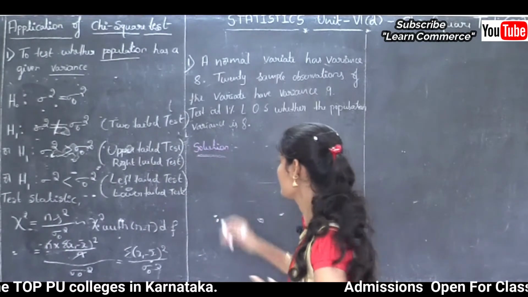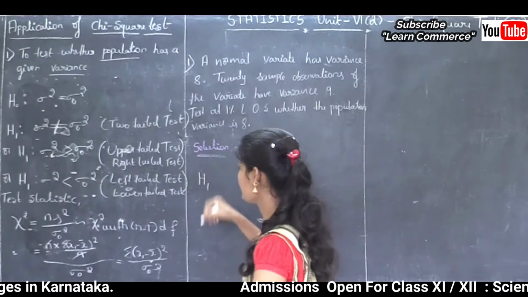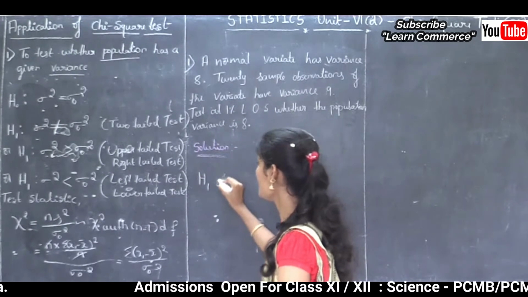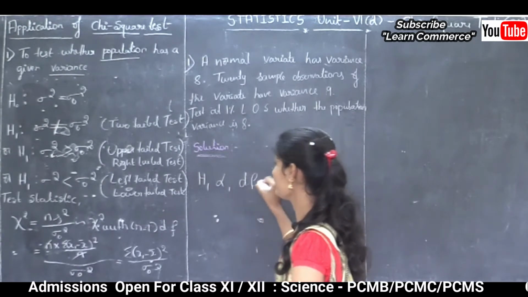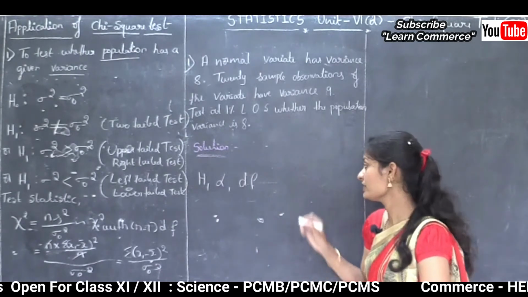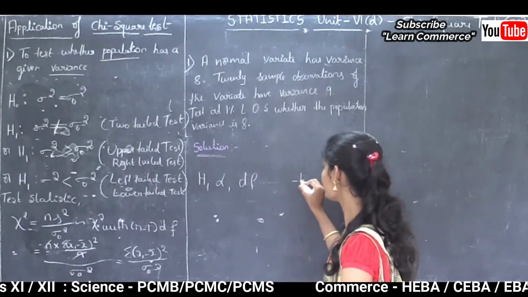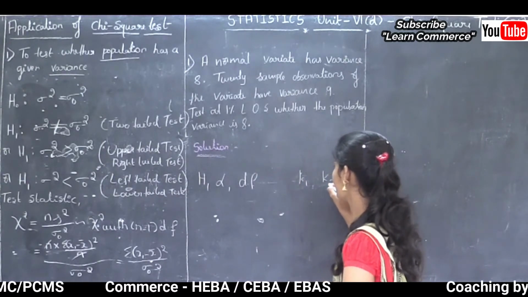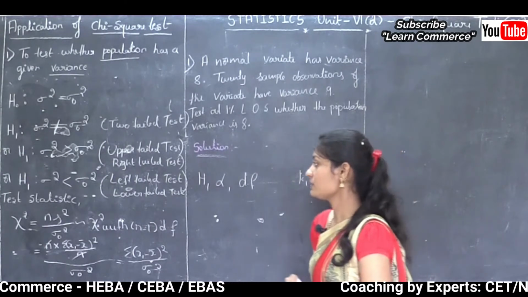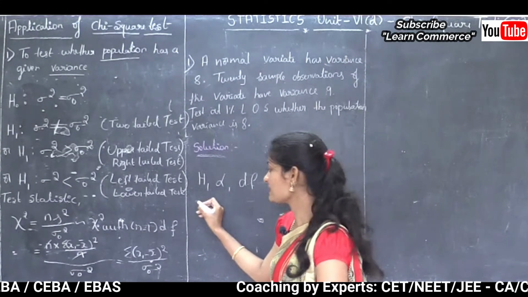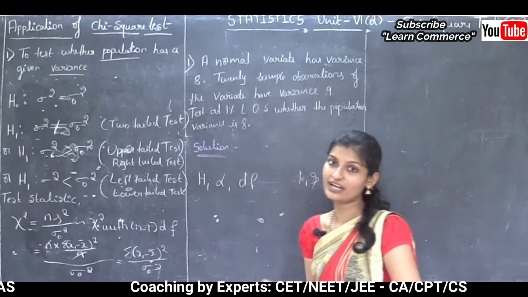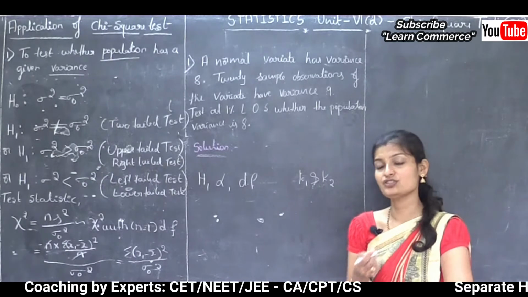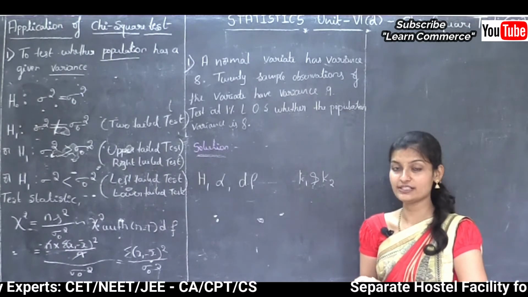depending on the alternative hypothesis, that is H1, alpha and degrees of freedom, we can find the critical value. So here the critical values are like this, minus k, this is k1 and k2. So these are the critical values. This is step 4. Then step 5 is: if the calculated value lies in the acceptance region, H not is accepted, otherwise H not is rejected.